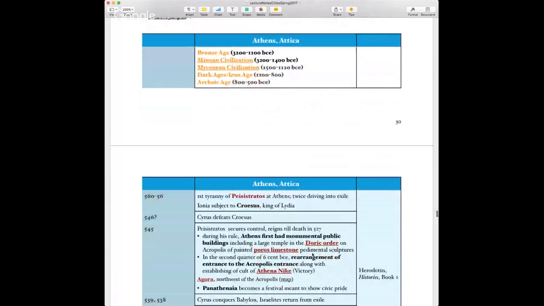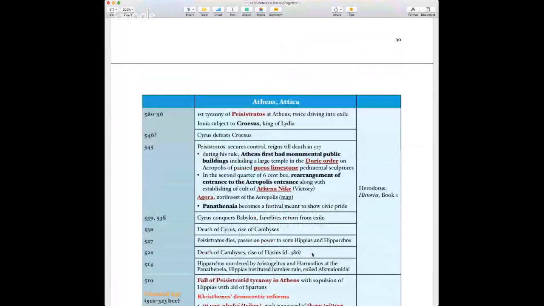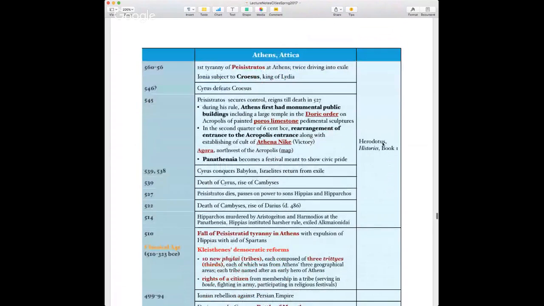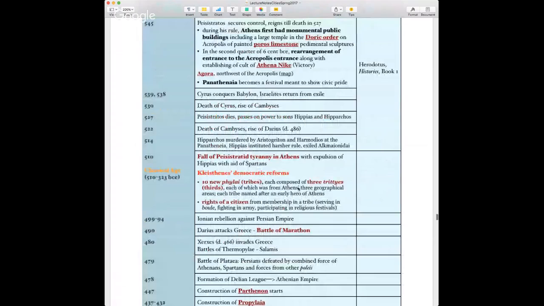Some of the information on this chart is repeated, slightly watered down, streamlined for your purposes. I wanted to highlight here that all these events are actually talked about in Herodotus' Histories, which is what we, of course, are reading from this week. Everything on this chart is the historical period that we're looking at this week, with a much bigger emphasis on really 510 and on.